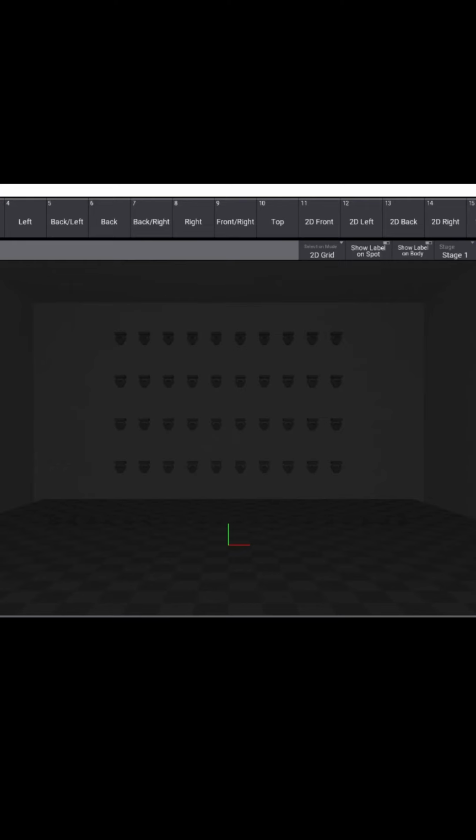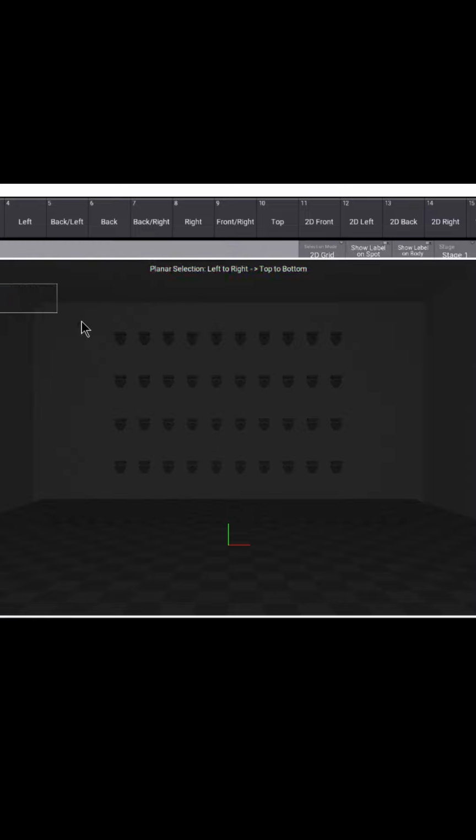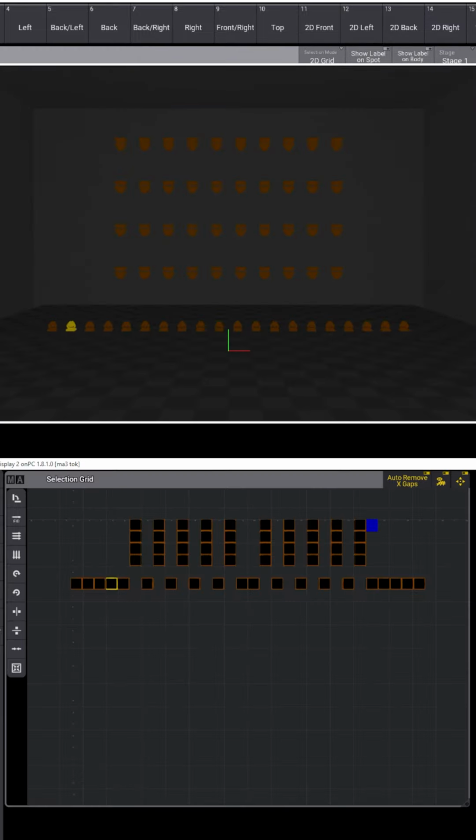Now you might be thinking, that's pretty long. So if you have the privilege of having 3D positions in your Grandma, you can grab from 3D, and voila, a cheap and easy grid. So now you know about